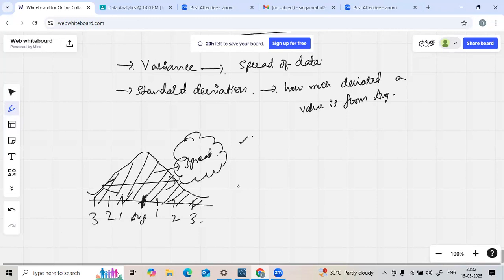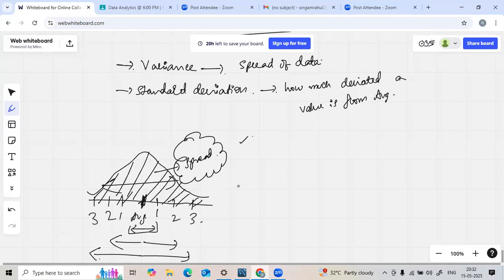If you are talking about this particular value, what does it mean? One standard deviation is within this particular range from the average. Two standard deviations are present from the average, and three standard deviations are there from the average. So how much deviation has been provided between these data points and numbers, everything is provided here. And we call it standard deviation.